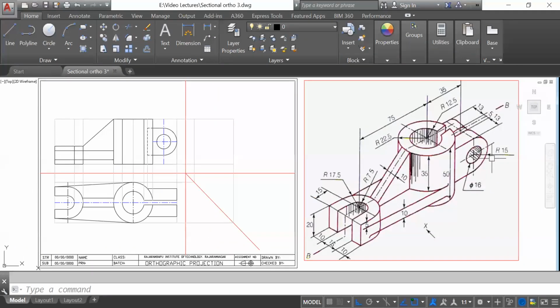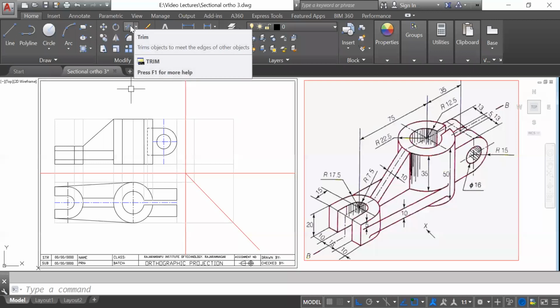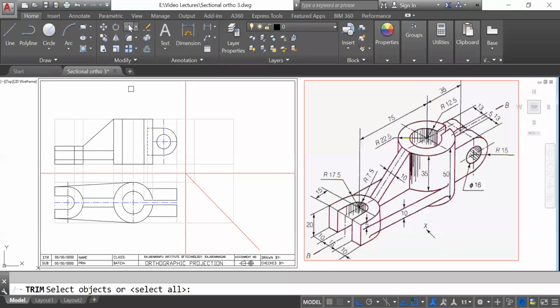Now we have to think about the section. Do remember here, when we take a cut along this, this hole is going to be open, this hole is going to be open. So hidden line will be present in this region, but here I will trim this part, because when we open it, this part is going to be removed.